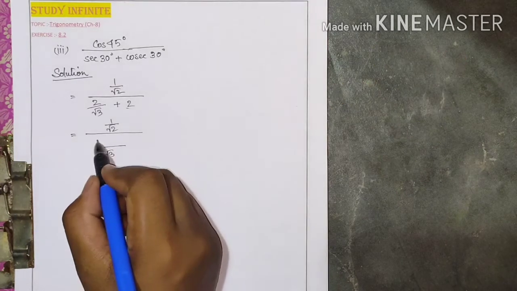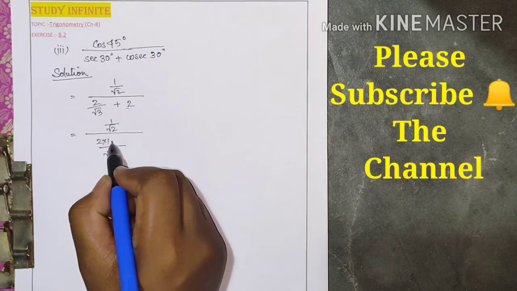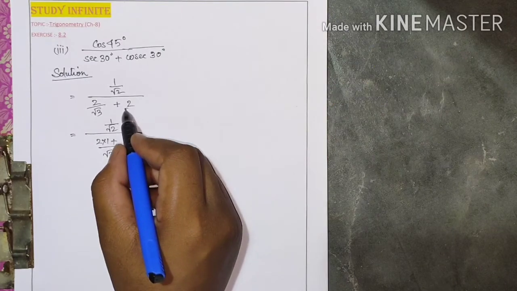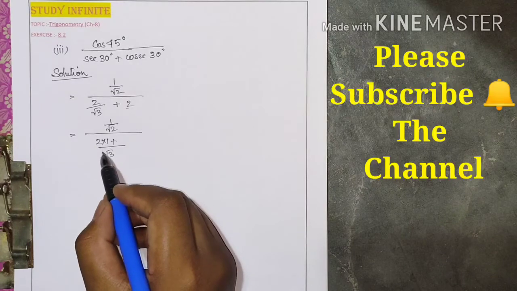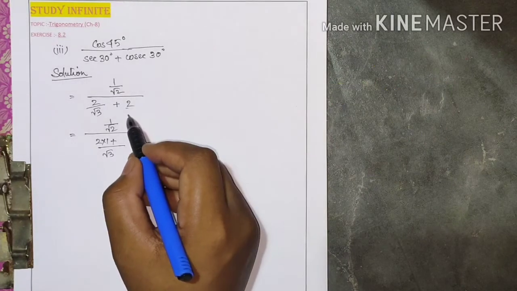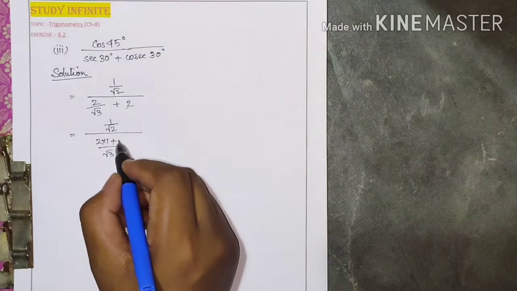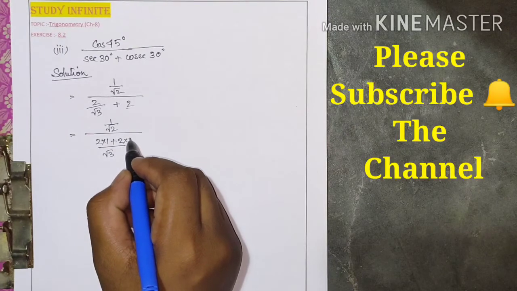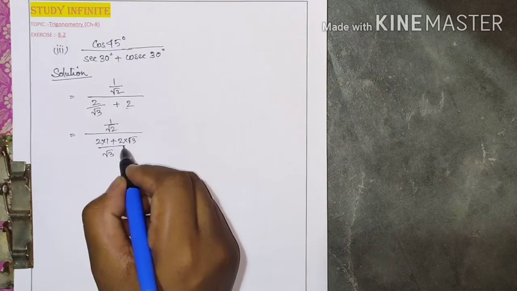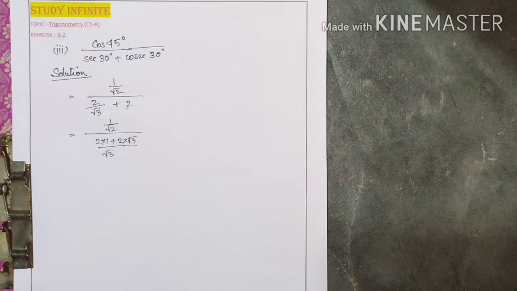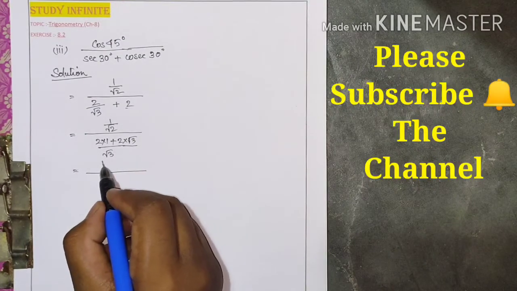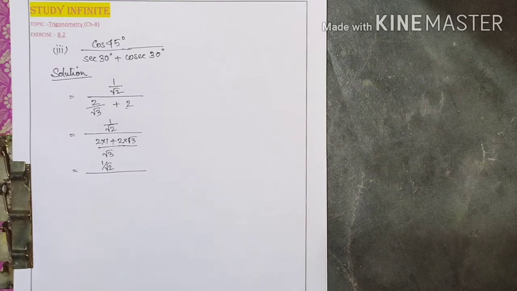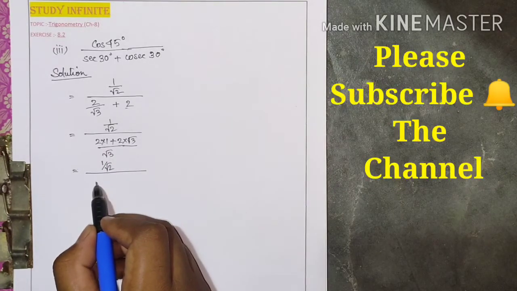So we will multiply 2 with 1 plus. Here in the denominator part it is 1. So we will divide root 3 by 1. What do we get? It is root 3. So we will multiply root 3 with these 2. Similarly, in this step, we will keep 1 upon root 2 as it is. Now we will simplify it.